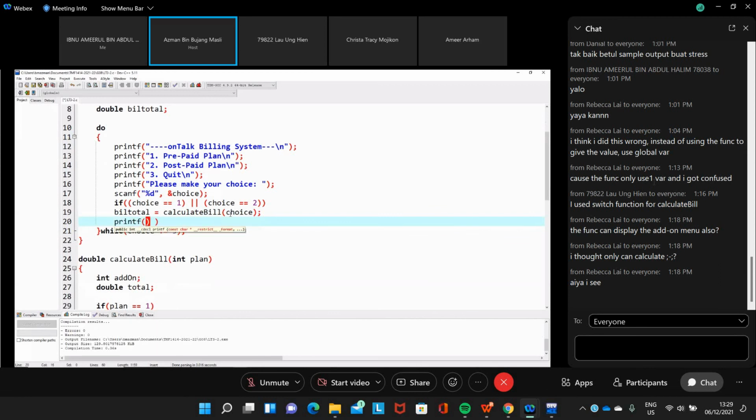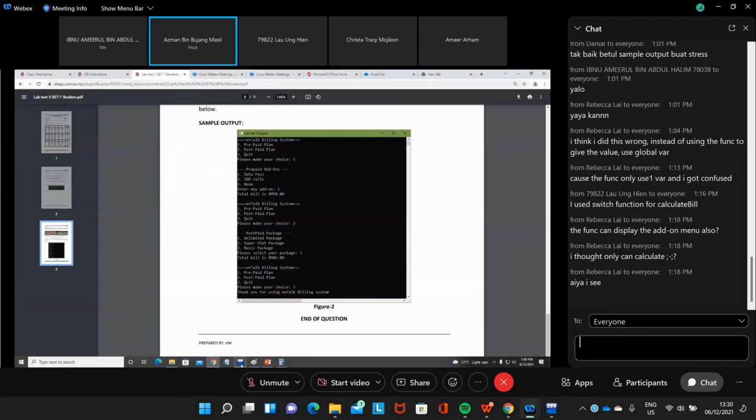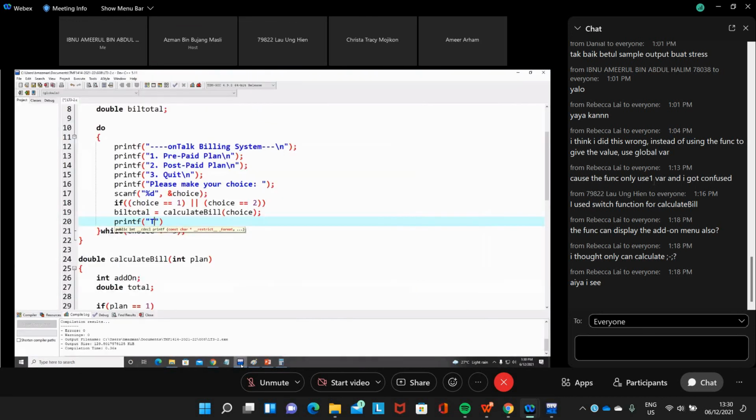The total, what is the value? Total bill is RM, and then the value, which is a float, a double. This is the bill total. And then we have a new line here, and the precision is 0.2.